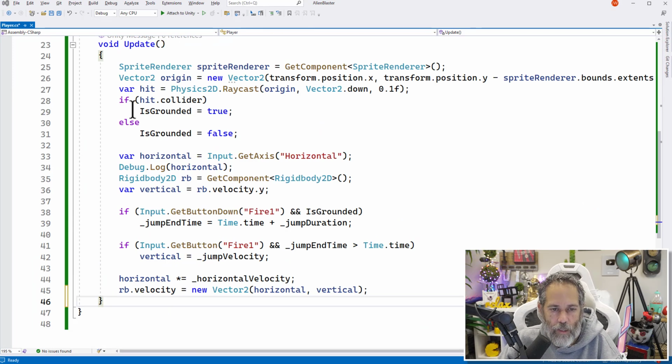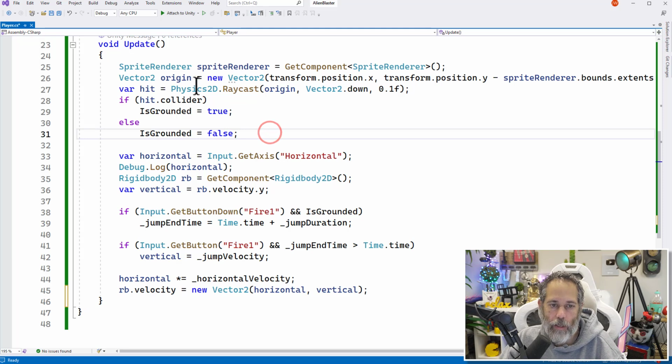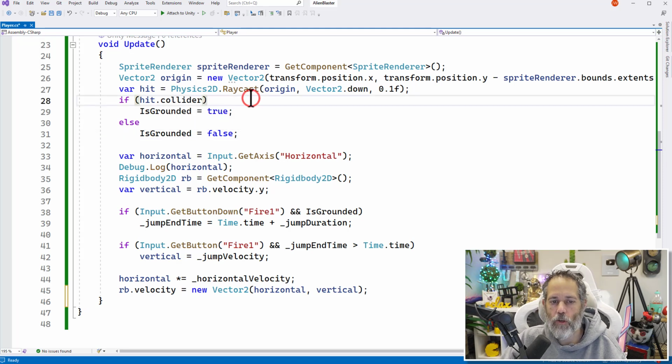And then let's find the spot where we set our grounding. So is grounded is equal to true or is grounded is equal to false. And we essentially want to set the sprite based on whether or not we're grounded or not. We have a couple ways that we could do this. The first way that we could do it and the way that we're going to start is by adding some